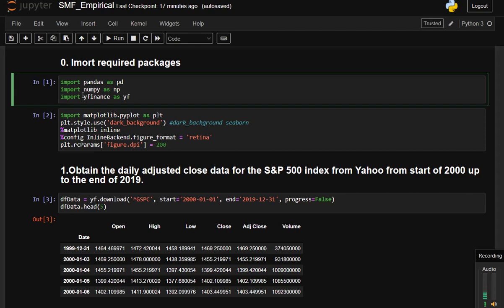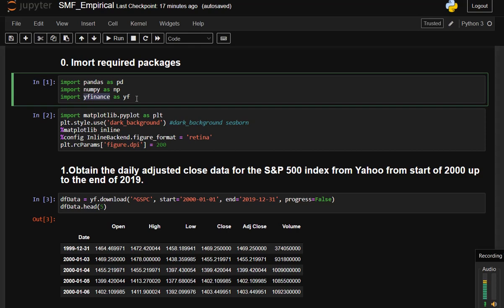This is different from MATLAB, which has toolboxes that you don't need to explicitly import. Here are the packages that we use to do this exercise. This yfinance package is the package that we use to get Yahoo data